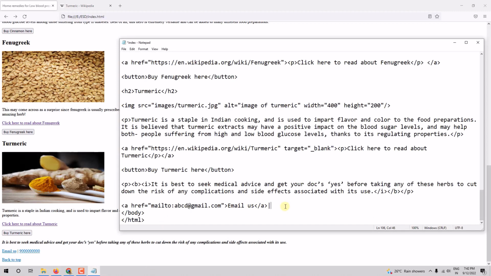And now we need one more option to call a number. So once again, an a tag, and the phone number: 1 2 3 4 5, 1 2 3 4 5, 5 5, and I'll close the a tag. All right, so a and a, and here